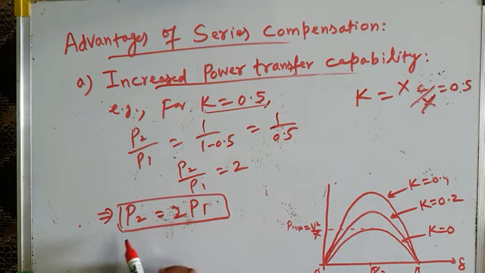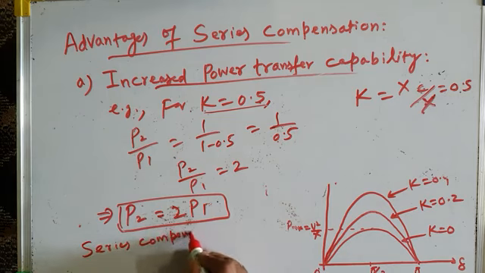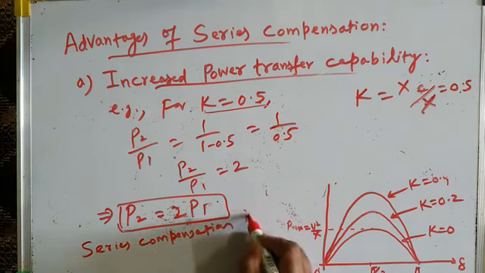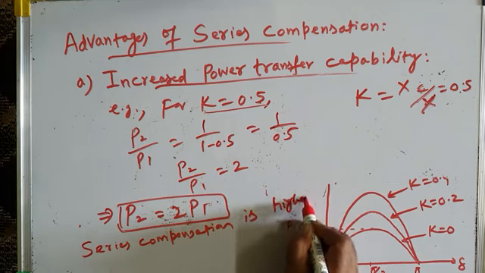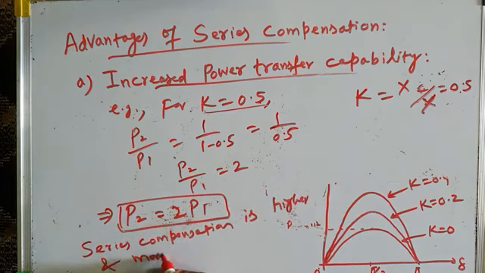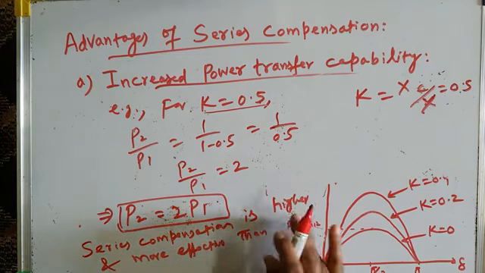And if you compare this increased power transfer capability of a series compensated transmission line with a shunt compensated transmission line, it will be very clear that series compensation is higher and more effective than shunt compensation. I will write here this statement: series compensation is higher and more effective than shunt compensation,